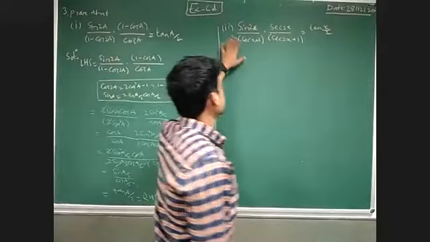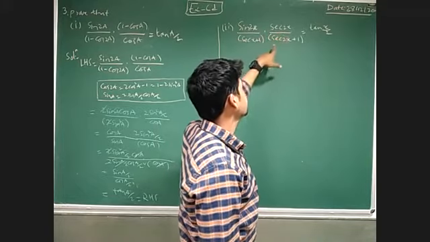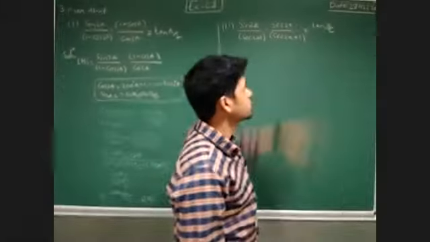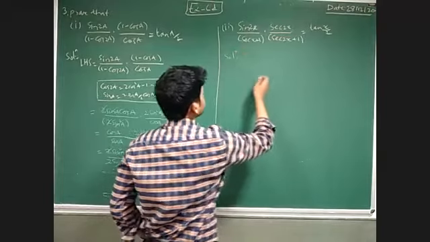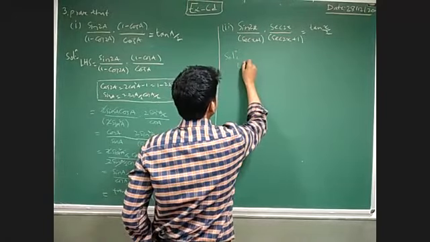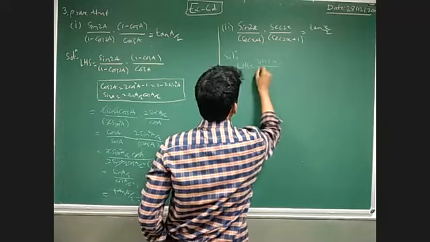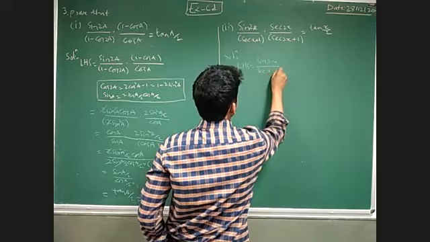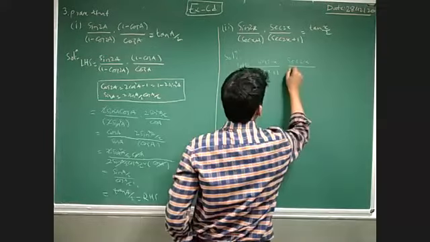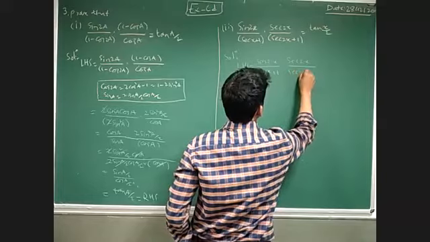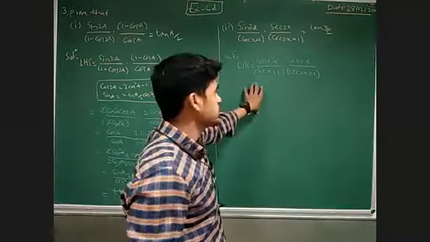Just see here, you have sin 2x by sec x plus 1 into sec 2x by sec 2x plus 1 is equal to tan x by 2. You have to prove this. Okay, now just see the solution. So in the left hand side, the given left hand side, that is sin 2x by sec x plus 1 into sec 2x by sec 2x plus 1.